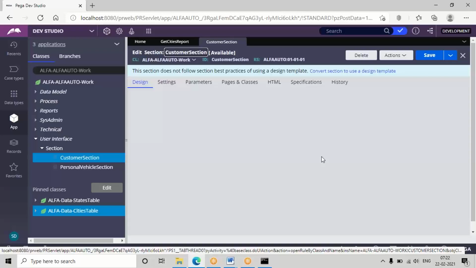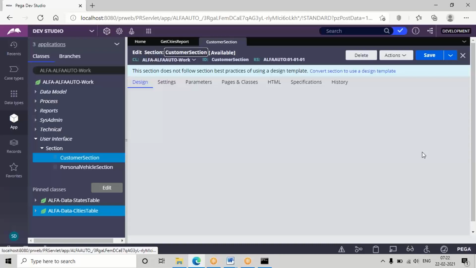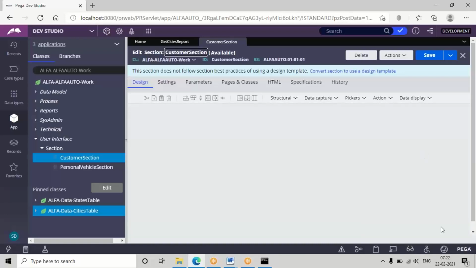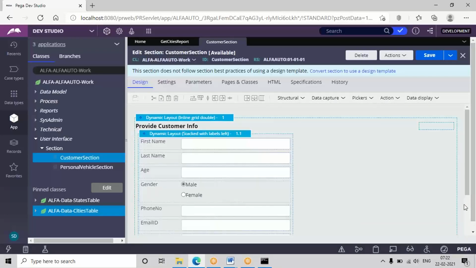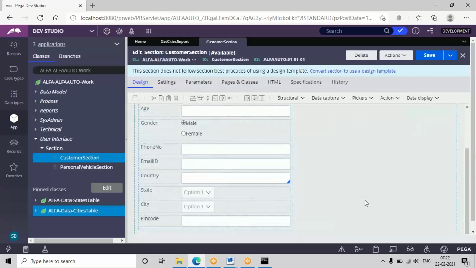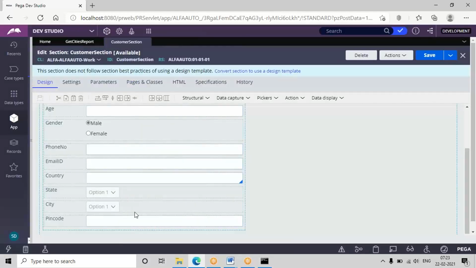Already we have a drop down control. For cascading, either a drop down or auto complete is required. So already we have a drop down control for city. See, for state we already did this dynamic fetch, right? Now based on state, it will filter the values and display them for the city property. Accordingly do the mapping.